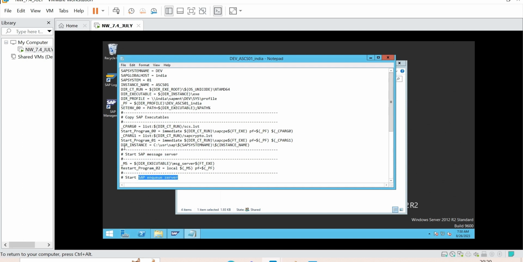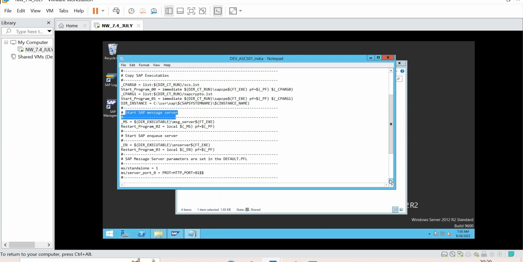See, these are hashes. The system won't read these hashes. It will read only these files. After reading this, it is starting the start program sapcpe, then it will start the message server. After that, it is starting the NQ server. Did you observe something? Yesterday, when we were starting the SAP system, what started first, ASCS or PAS?